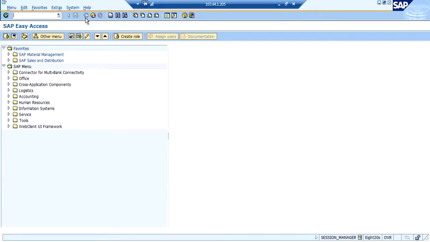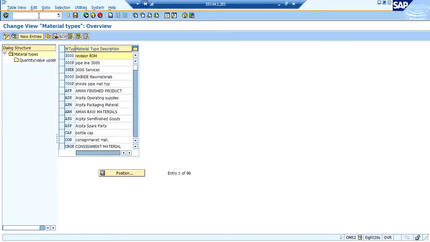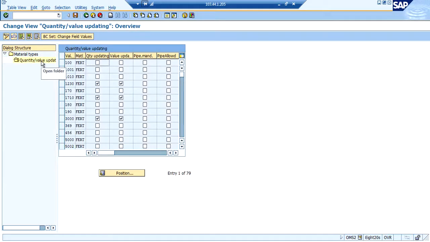This is also a mandatory step in both ECC and S4HANA servers. Once this is done, there is another mandatory configuration called material type quantity and value update. Here what we usually do is, for all the material types that the business is using for its day-to-day business activities, one has to activate quantity and value update at valuation area, which is plant level.